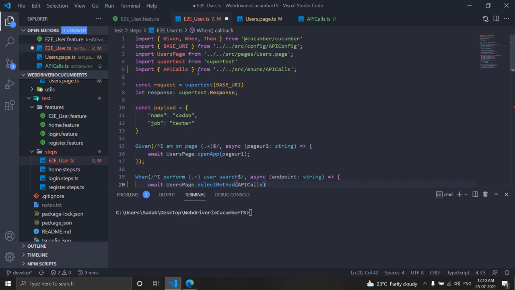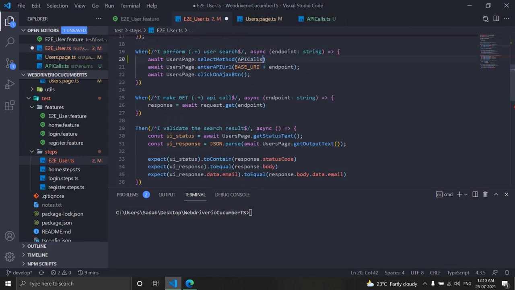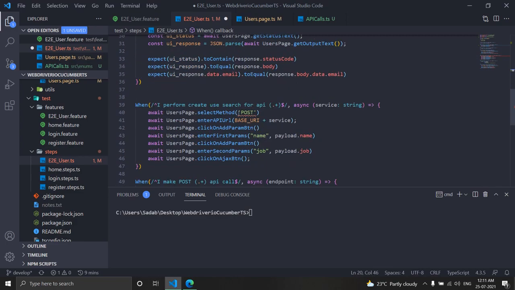So make sure it is imported, in curly braces. And when you say dot, it will suggest whatever options we have, and we want to select get here. Similarly here, if you pass any random data, it will not accept, it will throw an error, cannot find name. So you need to say again API calls dot, and here we want post.